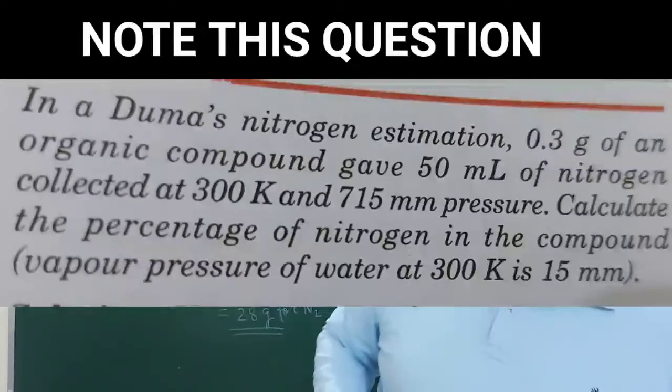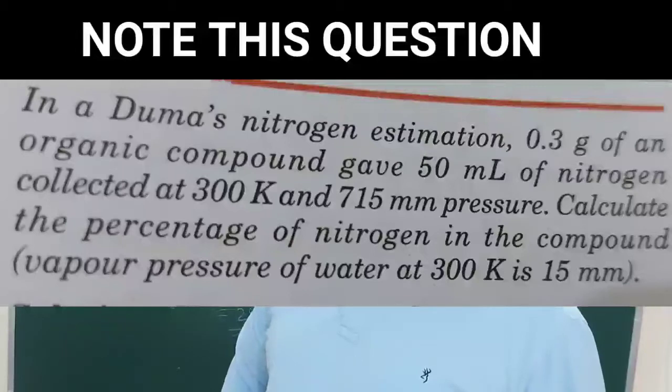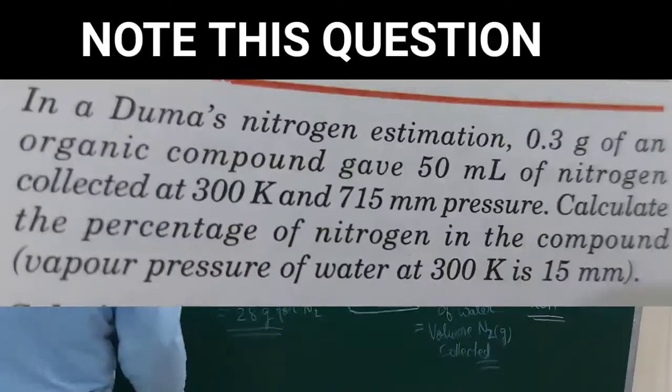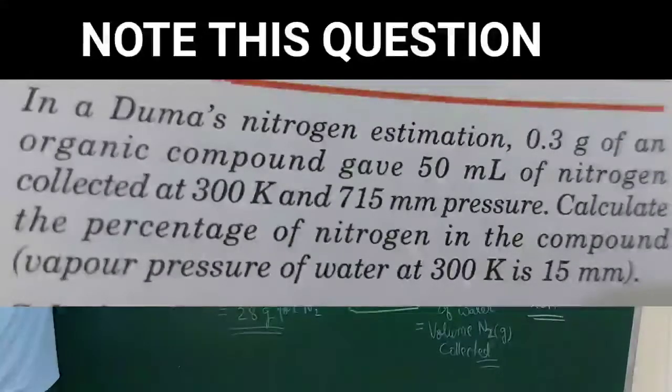A question says, in Dumas method, estimation of nitrogen, 0.3 gram of an organic compound gave 50 milliliter of nitrogen. Alright, so it is given. The question you can see, which I am going to put as infographics here. I will put the picture of the question so that less space is required to be used in the board. So it is given in the question